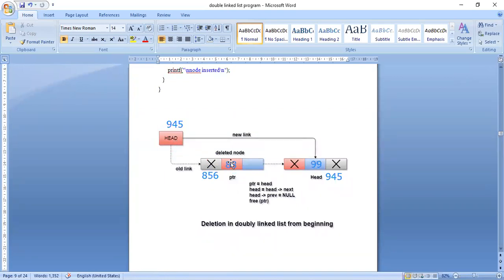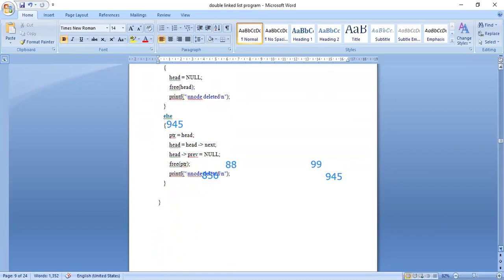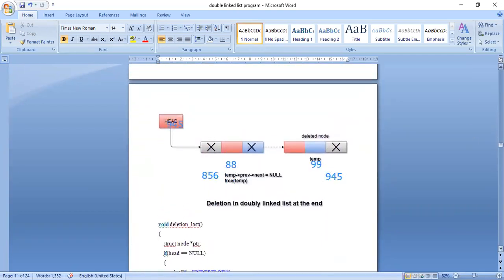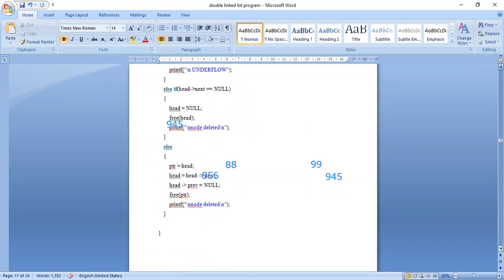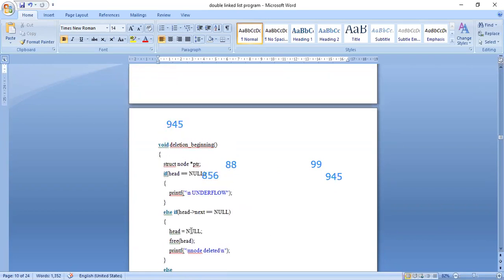If head of next, that is 856 next, in this blue part, null is there, it means automatically there is only one node. So I will delete this node and keep the value head is equal to null. Else if head of next is equal to null, head is equal to null, free head.